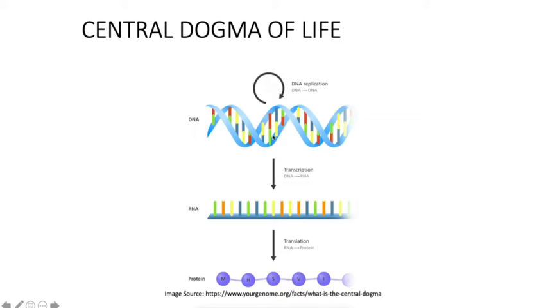DNA, and then there is DNA replication, which makes DNA from DNA, and DNA gets transcribed into RNAs. This process is called transcription, and then the RNAs get translated into proteins, and this is translation. And these proteins are basically responsible for the characteristics that the individual organism shows. So this is basically the whole central dogma of life, which has been the point